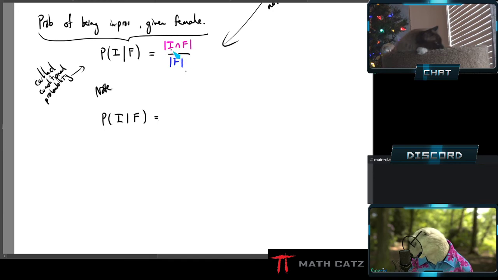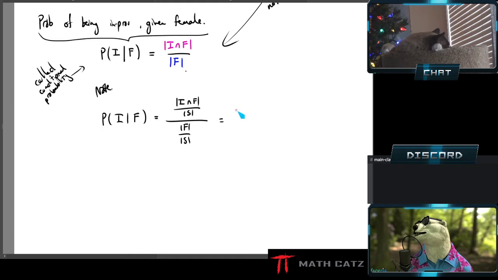Well, if I have this, I can take the pink number at the top, it's just a number, and divide that by the sample space. And I can do the same for the bottom number. And because I have done the same thing at the top and the bottom, nothing has changed. But now the top, just in isolation, is a normal probability of the intersection of these two, right? It's relative to the sample space. So it's relative to the whole rectangle, to everyone. And the bottom one is the probability of F, just relative to everyone. It's a normal probability or conventional probability.